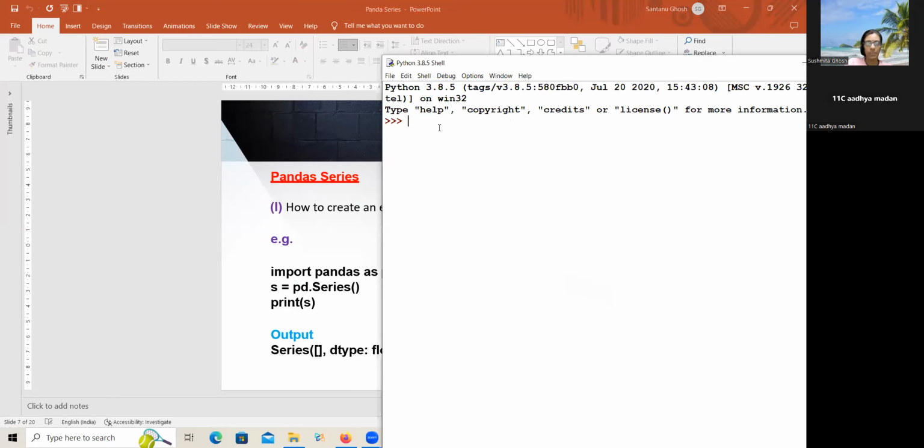First thing, of course, I have to install pandas, which I'll tell you how to do. Maybe I'll send you a video for that. After that, we import pandas, and generally we give an alias name so that I don't have to write the whole name all over again. Pandas again and again. So I'll be using pd instead of pandas. Very first time when you import, it takes little time to import, depending upon your system's speed. Once that is done, then we start creating the series